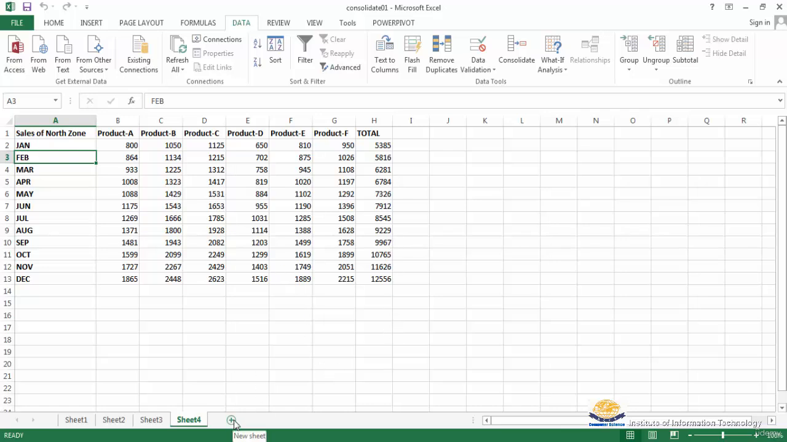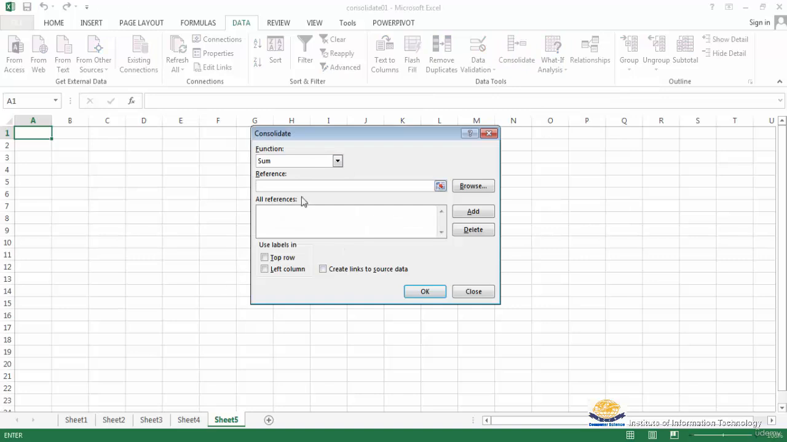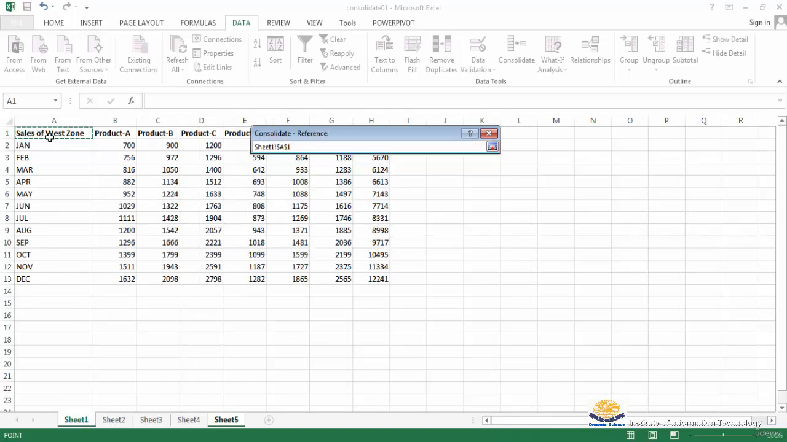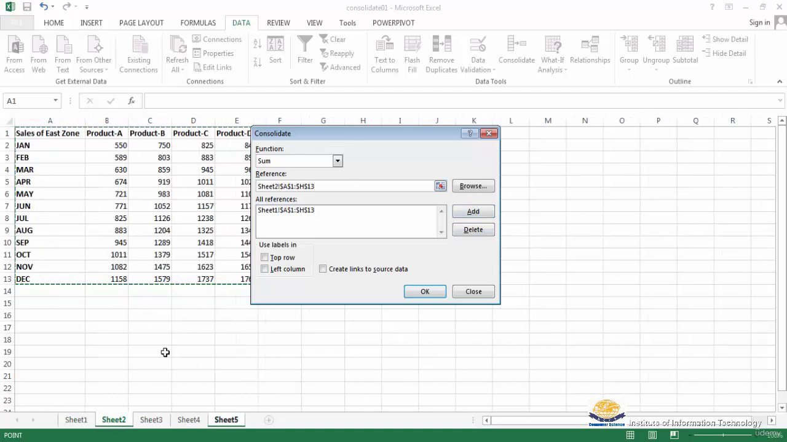Again I am creating a blank sheet. Okay, sheet 5 is created. Then we can consolidate the data into this sheet 5. Consolidate. In reference, we can select sheet 1. Then select the area to be consolidated. Then click on add. Then the second one,